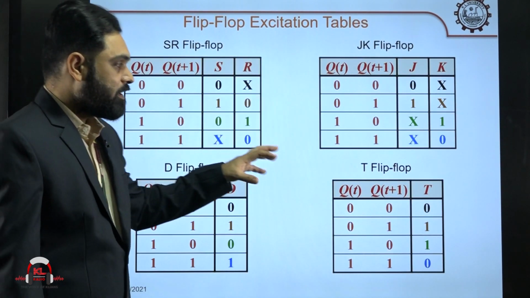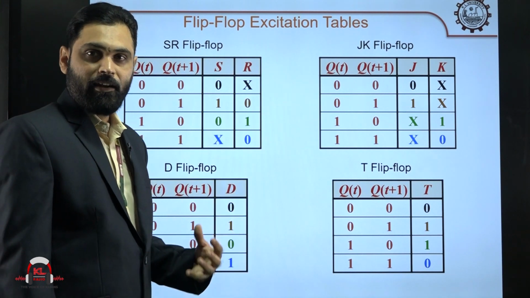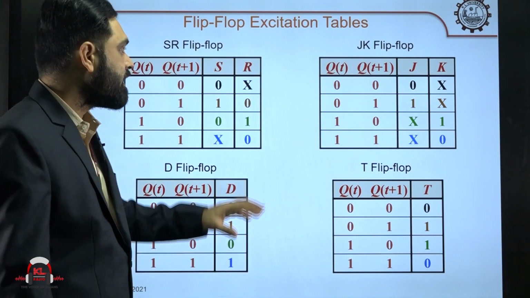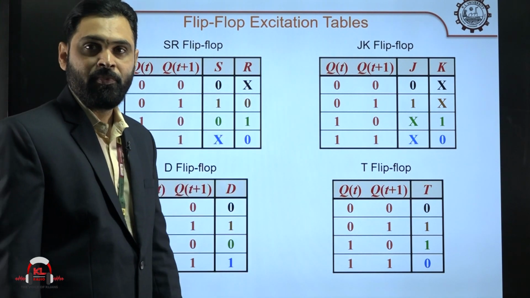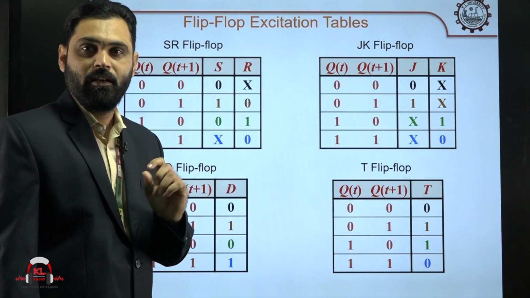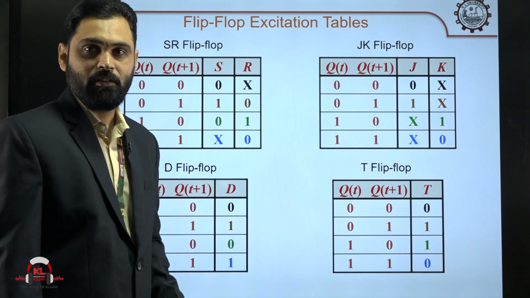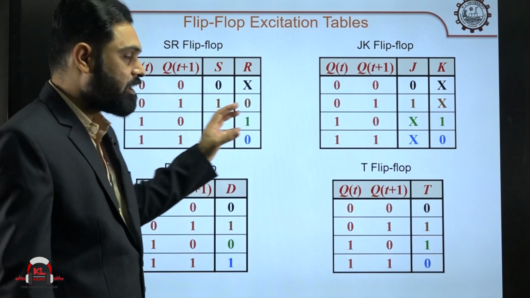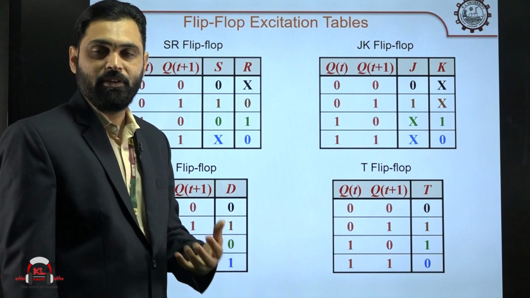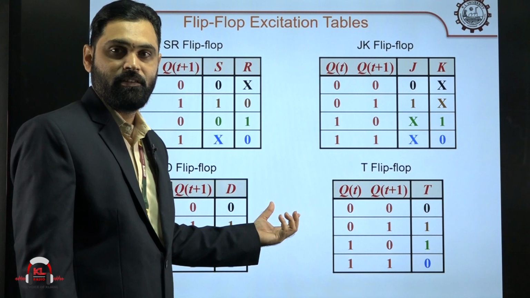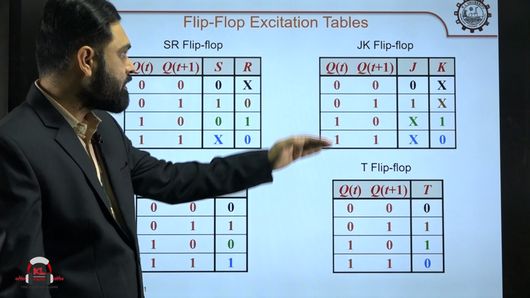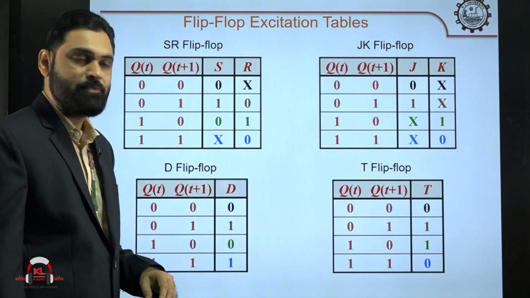And after knowing the flip flop's characteristic equation, what is the operation, what are the inputs, what are the outputs and all these, the next important thing is the excitation table. This excitation table will tell you if the present output is this and next output is this, what are the corresponding inputs for that. These excitation tables are very important because you will use these tables in the design of counters. When you design counters, you need these excitation tables, especially when you are designing synchronous counters. So, just look at the excitation tables of these flip flops.